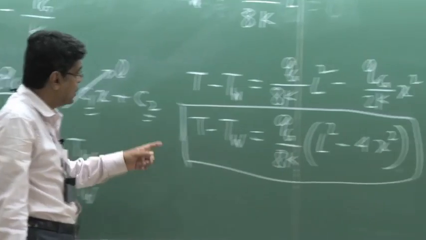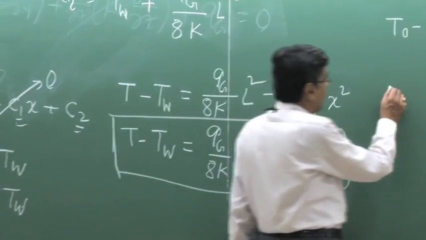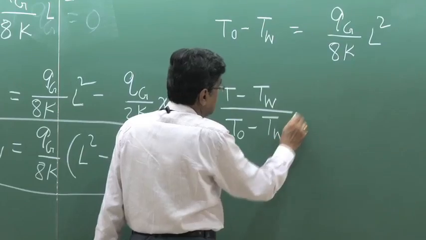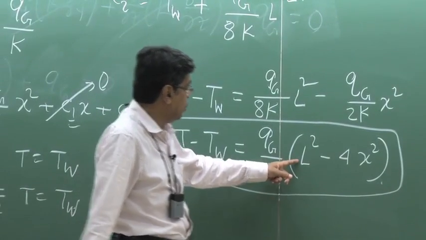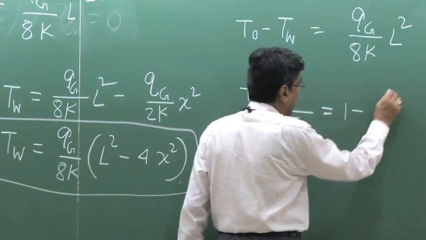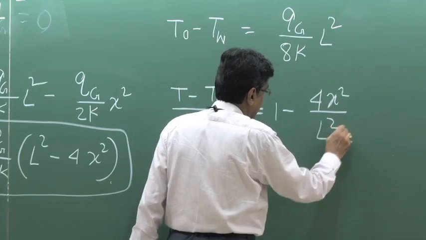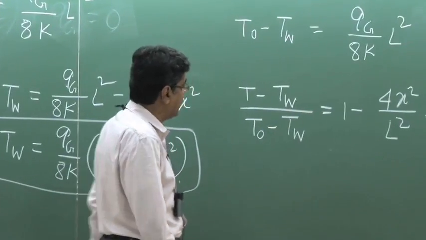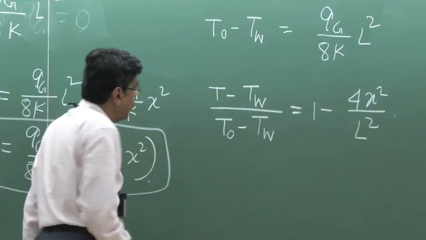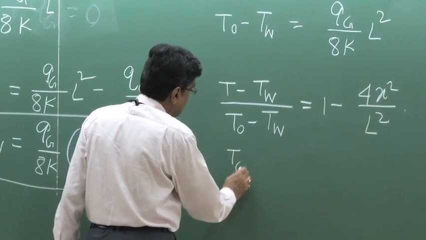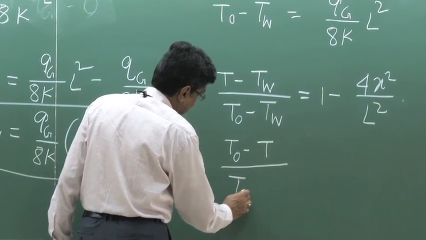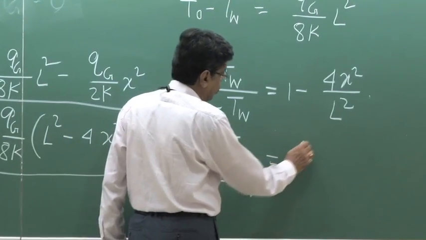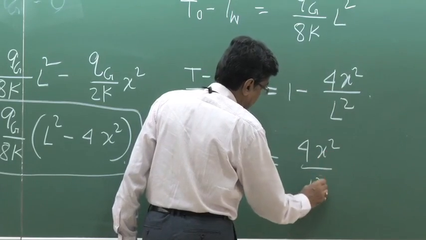and we can express the temperature distribution in a normalized fashion like this: T minus TW divided by T0 minus TW is equal to L square minus 4x square divided by L square, 1 minus 4x square by L square. This is one way of expressing this in a normalized fashion. Or if you add minus 1 on both the sides, then you can write this thing as T0 minus T divided by T0 minus TW. Minus 1 I am adding and changing the sign is equal to 4x square by L square,